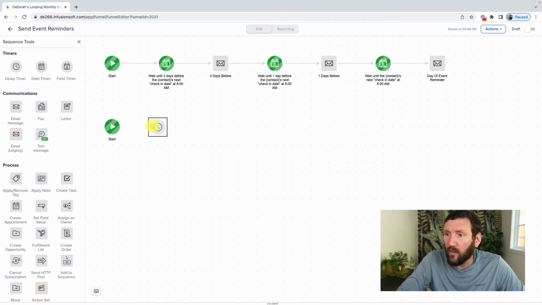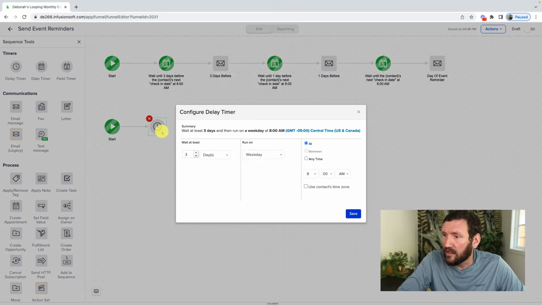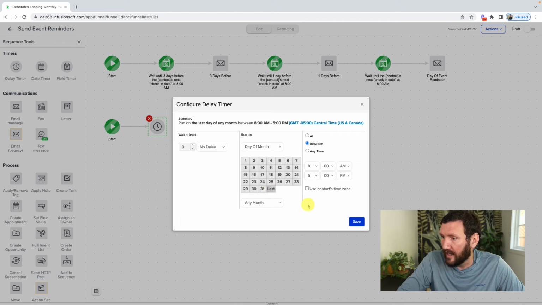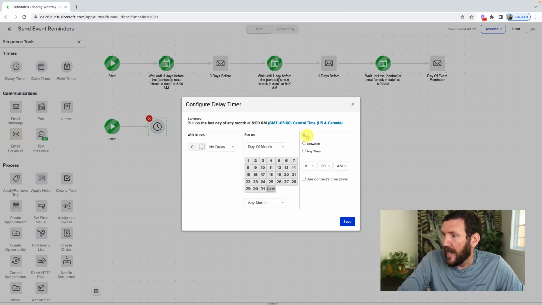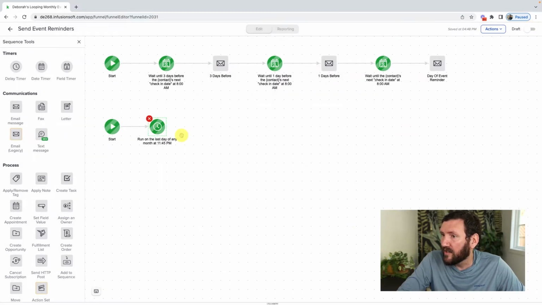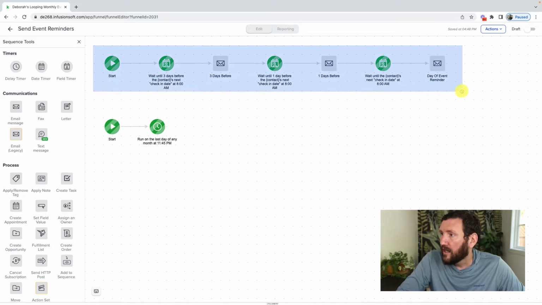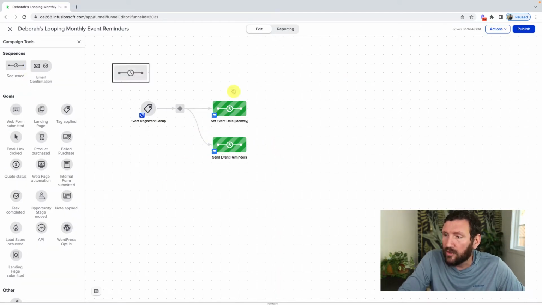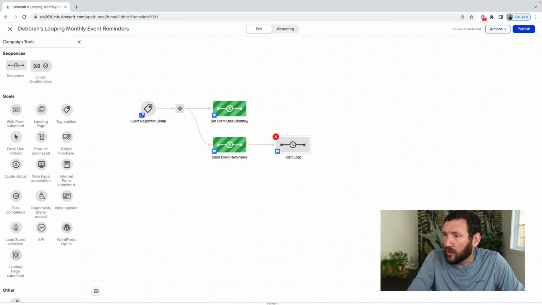So we can do that with a delay timer set until no delay, day of the month, the last day of the month in any month at 11:45 p.m. or something like that. Actually, it might make sense to do it on the first day of the month instead. But the point is, these are going to run, and then this will hold them in the sequence until the last day of the month before it lets them pass through to this sequence, which is our start loop over